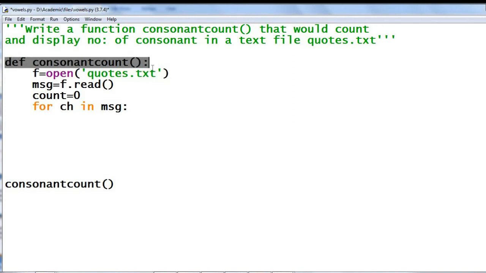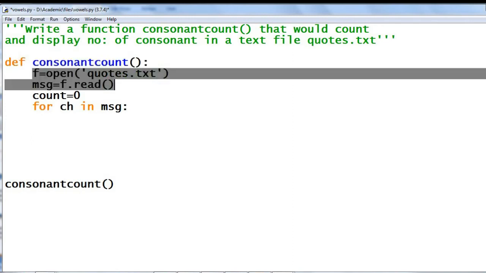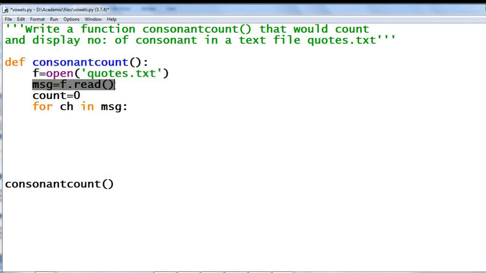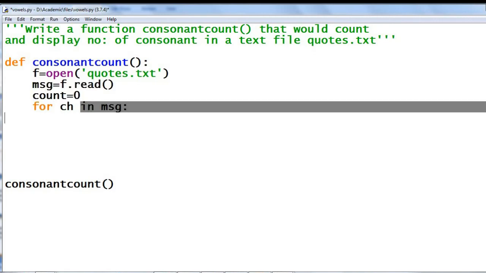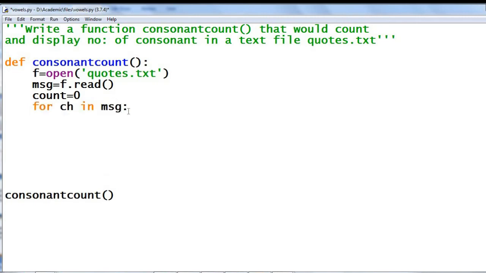Function definition consonant count. Then open the file, read the file and store the result in the MSG variable. Initialize the variable for counting. Then traverse through the string. Next we have to check whether the character stored in ch in each iteration is a consonant or not.